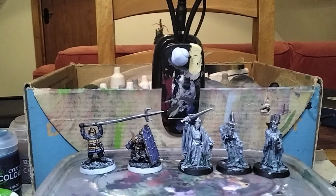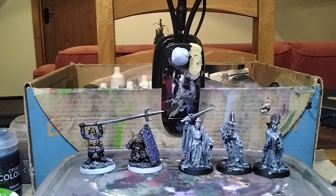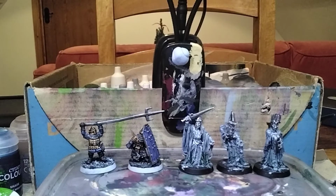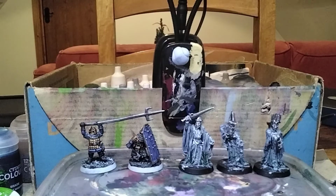I've got so many models in my collection. I can build so many armies. I've been playing around with the idea of an Angmar army recently, because I played it once a few months back and really, really enjoyed it. Obviously, Khazad-dûm and Isengard are my two favorite armies. That's my good and my evil army, and I've got over 1,000 models for each of those. I could do so many combinations. I played the Uglúk's Scouts Legendary Legion this year. Really enjoyed that, so that's something I might